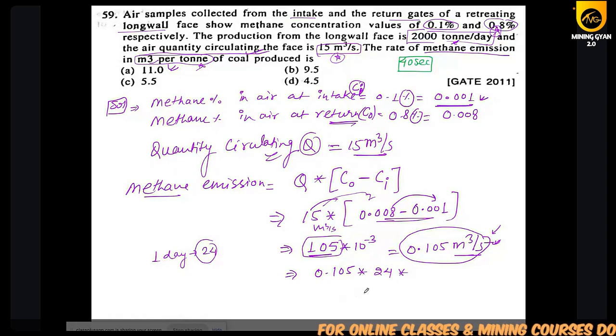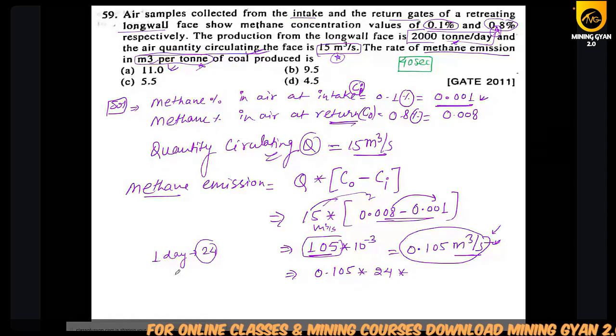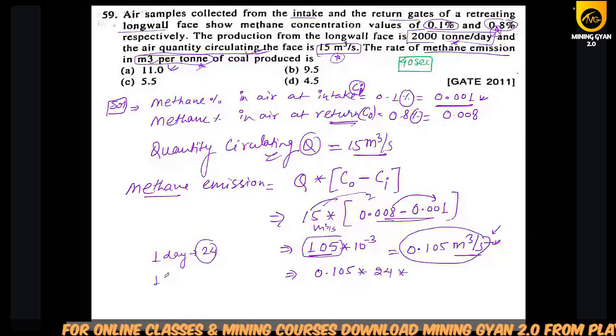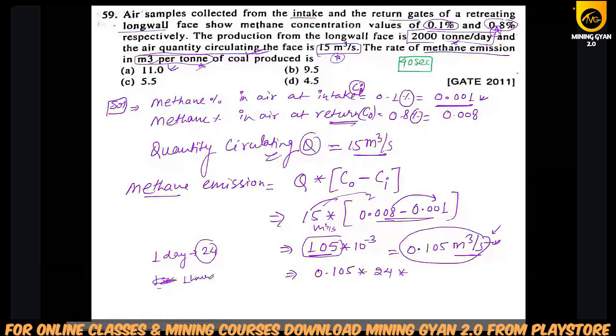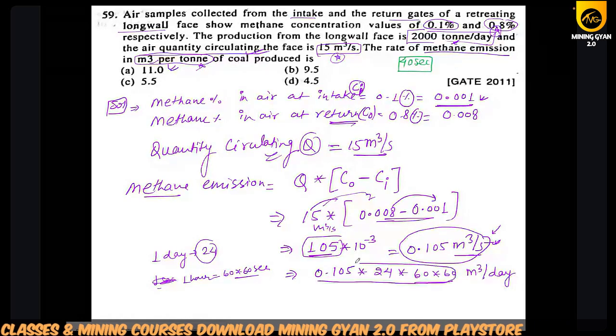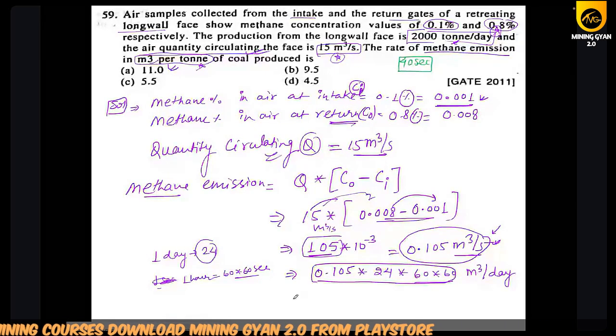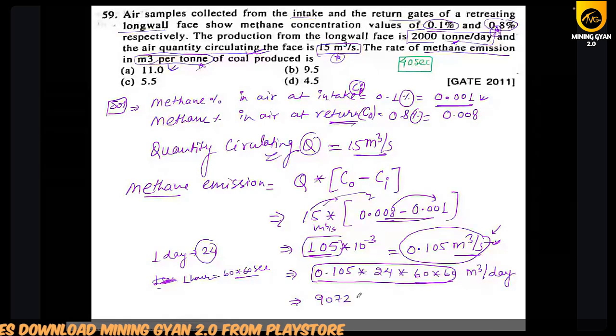Then in 1 hour you have 60 into 60 seconds. So this value will be converted into meter cube by day, है ना। So if you multiply all of these, ये आ जाएगा अपना 9072 मीटर क्यूब बाई डे,